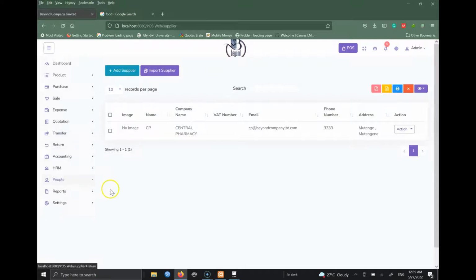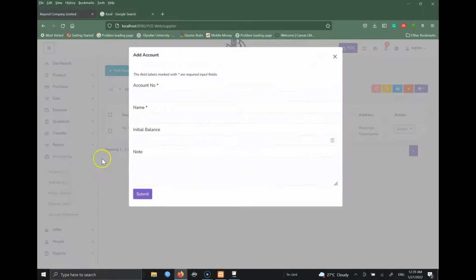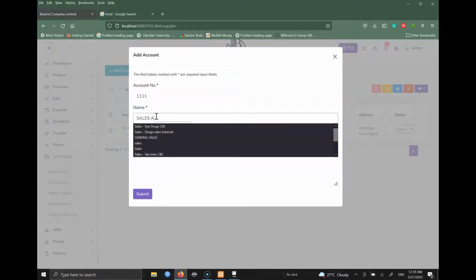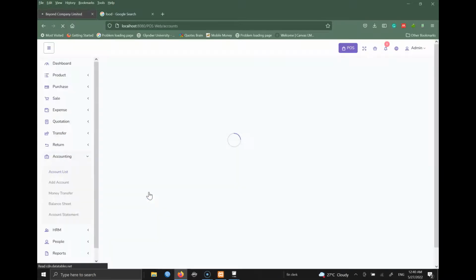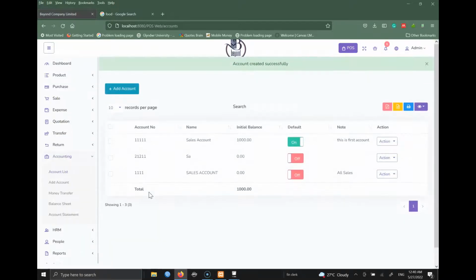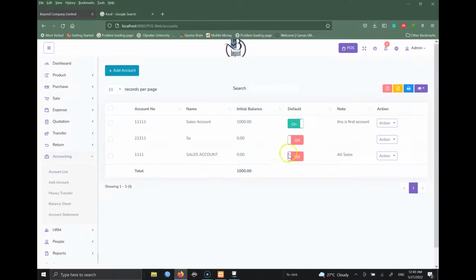So now that all these people have been created, let's also go to accounting and at least add one account. Account 111, sales account. The opening balance can be 0. All sales. You can have different accounts for different purposes. So the account is on. Okay, and then